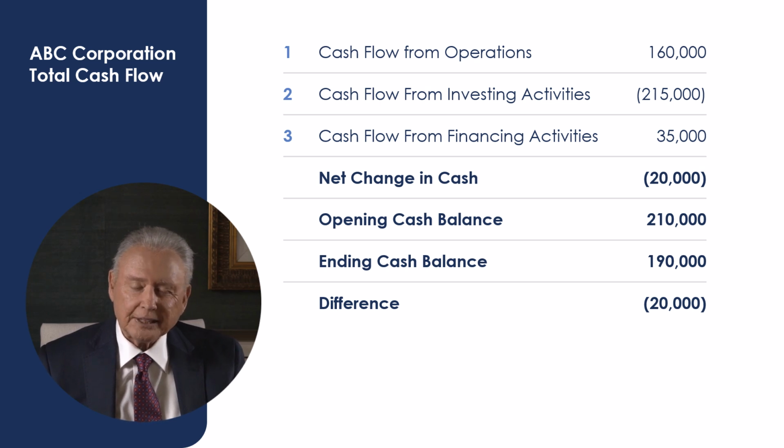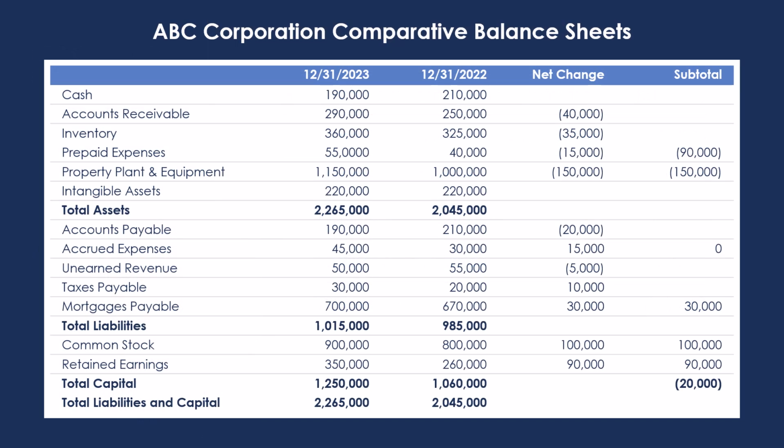Consider what all this means. Our company had a profit of $185,000, depreciation of $65,000, yet cash went down from $210,000 to $190,000. And the cash flow statement, in its three categories, identifies those changes in cash. Here we see all the cash changes and net decrease in cash, even though the company earned $185,000. Its cash balance went down from $210,000 to $190,000.